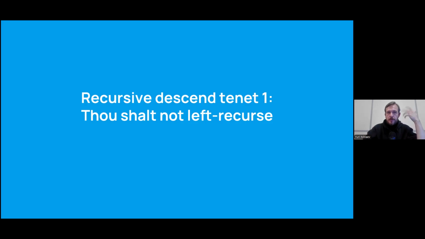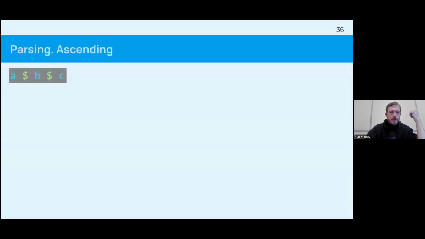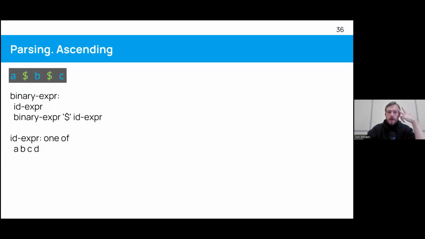That was recursive descent. Let's see how an ascending parser would deal with that. Again, same expression. Here's our simplified grammar. I won't be showing the entire thing from expression list further down, but keep in mind that those productions are still present.